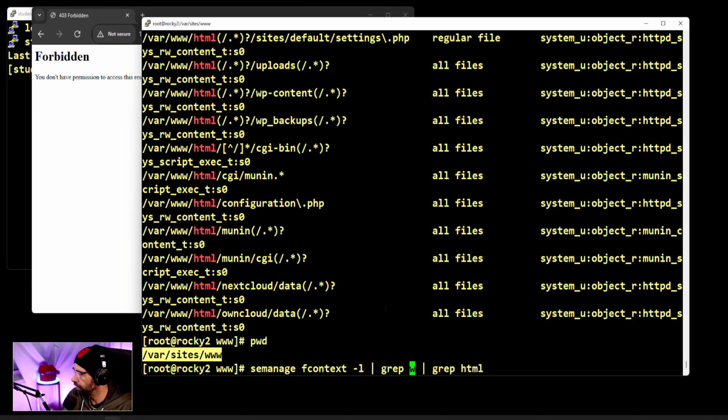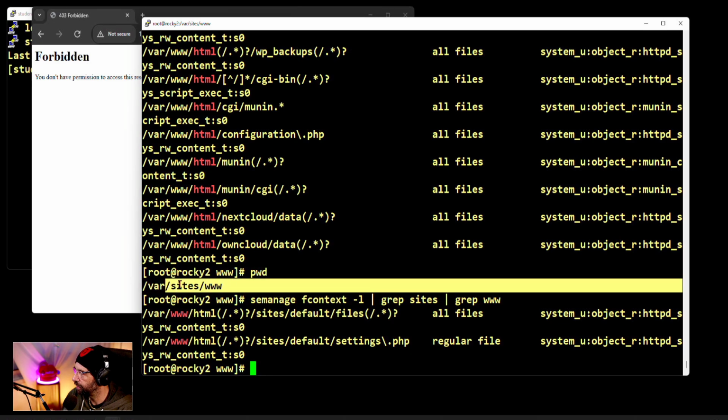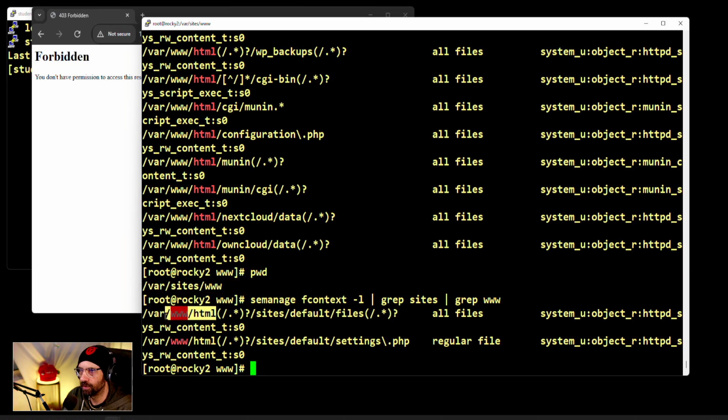So let's go for sites, then www. So this is just a coincidence. Okay. So we need to make sure that our var sites will show up like this one shows up too, and it doesn't. To do so, we need to change that context,